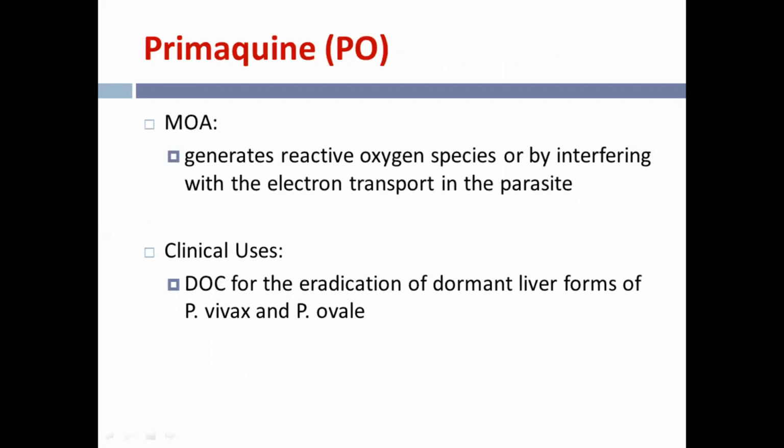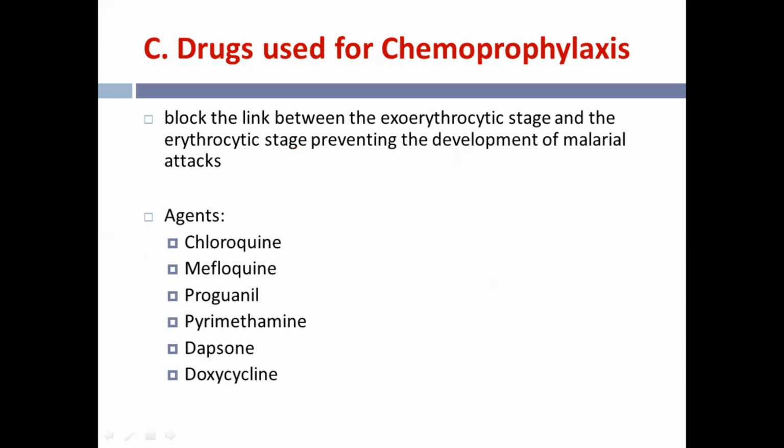It is the drug of choice for eradication of dormant liver forms of Vivax and Ovale. It blocks the link between the erythrocytic and the exo-erythrocytic stage, preventing the development of malarial attacks. So these are the